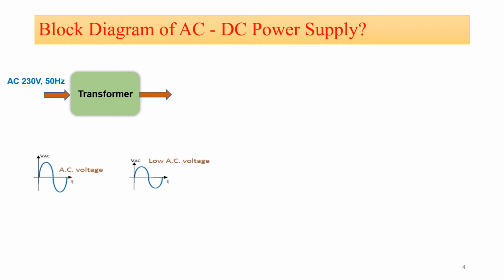So the AC mains voltage is applied to the step down transformer, and the step down transformer reduces the amplitude of the AC voltage, and then it is applied to the rectifier. Now if you observe the first waveform, it indicates the input from your electricity board, equal to 230 volt and 50 hertz. Then if you observe the output of the transformer, you will observe the amplitude is minimized, but the AC signal remains. Means at the output of the transformer, you are getting AC voltage, but only the amplitude is minimized.